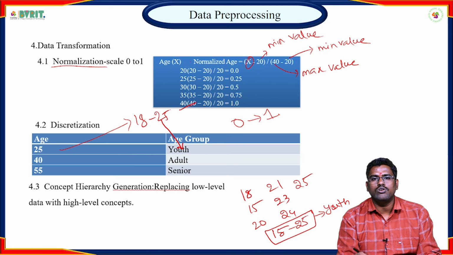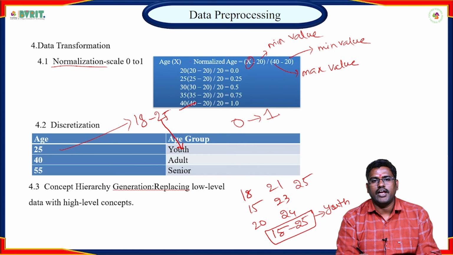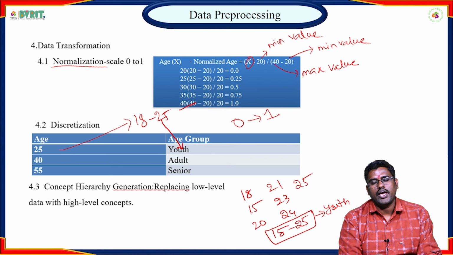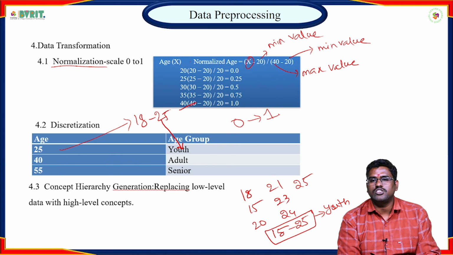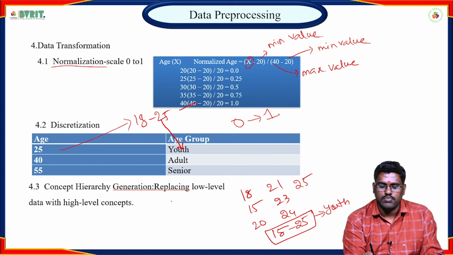Like that we distribute the data, which is called discretization: differentiating the data based on constraints, and we don't want to specify all the data values. That is about this one. Now coming to the next one, concept hierarchy generation. Concept hierarchy generation means we replace low level data with higher level concepts. Let me show you what values we take in concept hierarchy generation. For example,